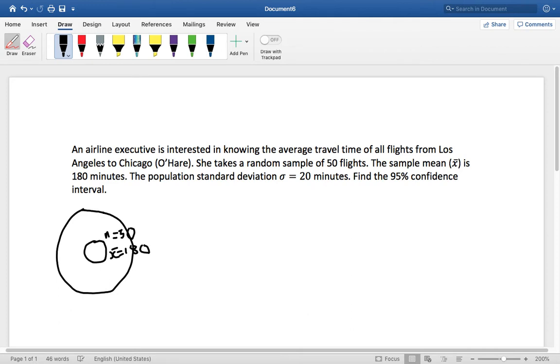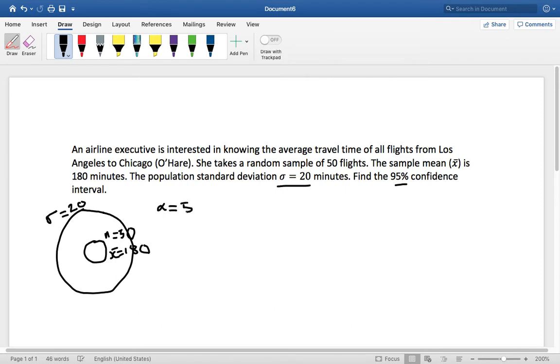And we're told that the population standard deviation, not the sample one, but the population one, is equal to 20 minutes. Okay, and they want us to find a 95% confidence interval, which means alpha, our significance level, is